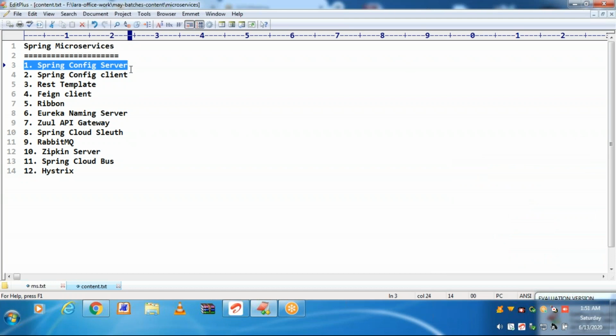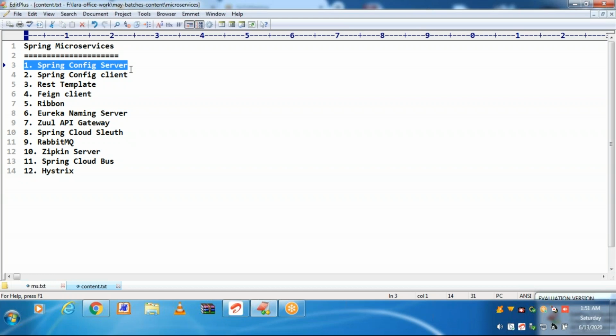By using Spring Config Server, mainly interacting with Git repository to read configuration information application wise and also for a particular application environment, like a profile wise, whether profile is a development or staging or production or any other.